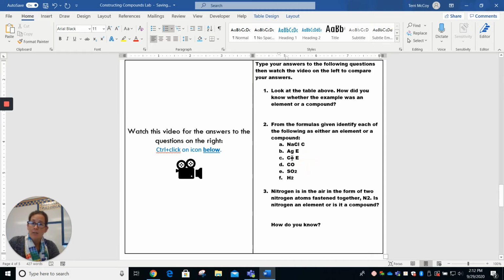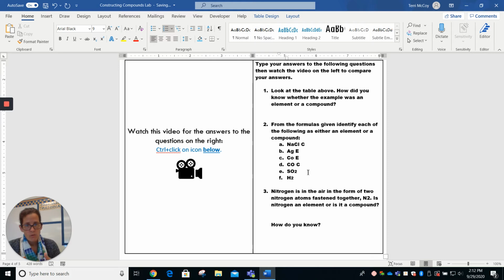All right, so this looks kind of the same, but we have a difference. We've got a capital C and a capital O. How many capital letters do we have right there? 2. That's right. So we have 2. Is that an element or a compound? That's right. That is a compound. Next, we have